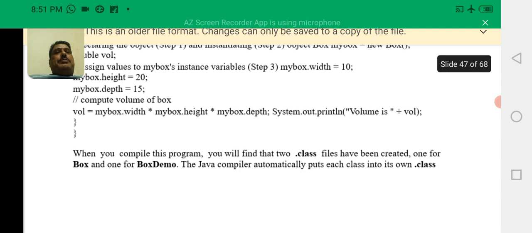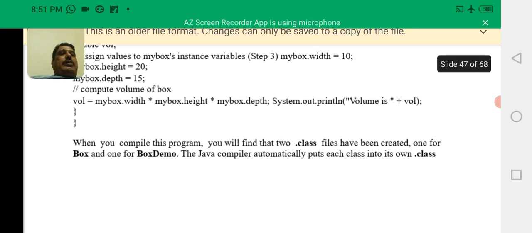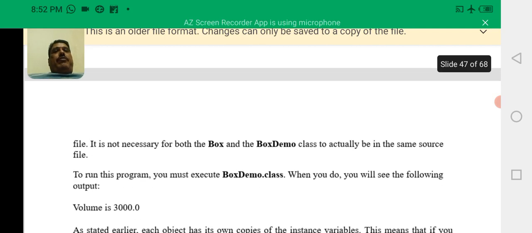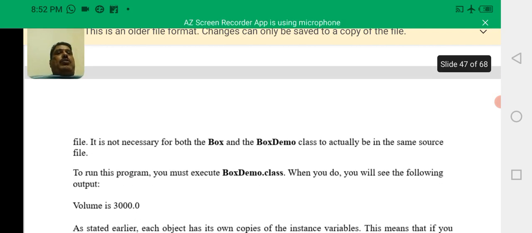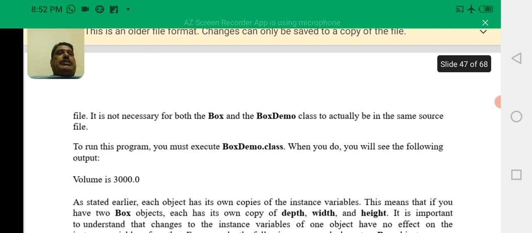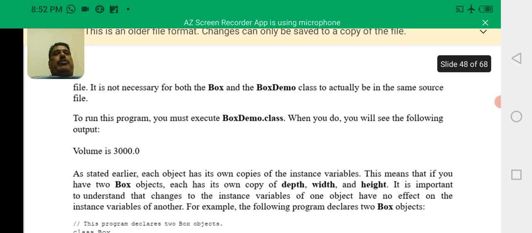When you compile this program, you will find the dot class files have been created, one for Box and one for BoxDemo. The Java compiler automatically puts each class into its own dot class file. It is not necessary for both the Box and BoxDemo class to actually be in the same source file. To run this program, you must execute BoxDemo dot class. When you do, you will see the following output. So volume is,